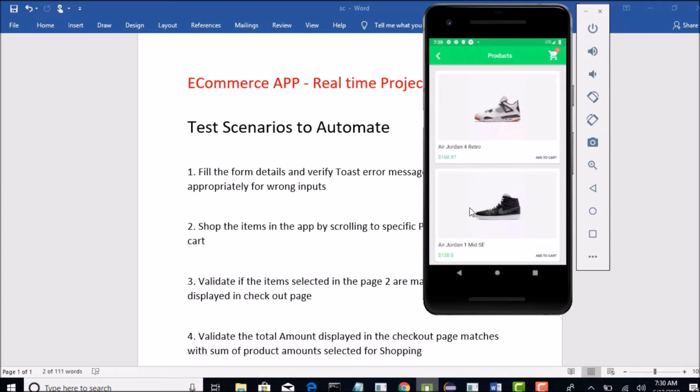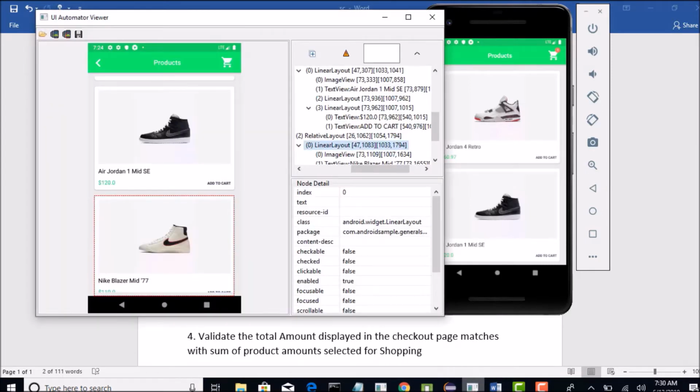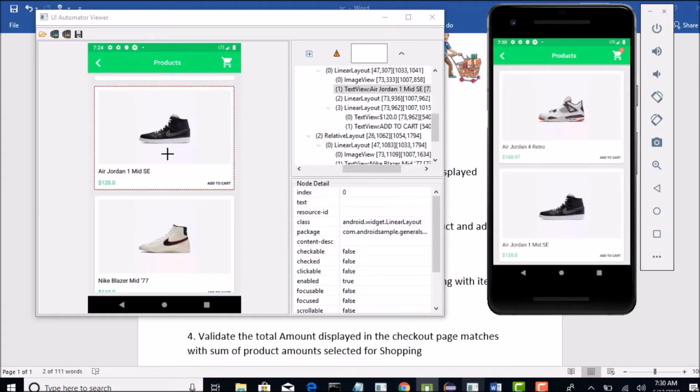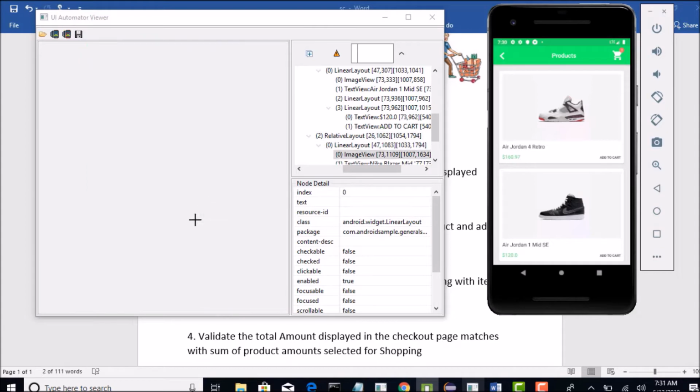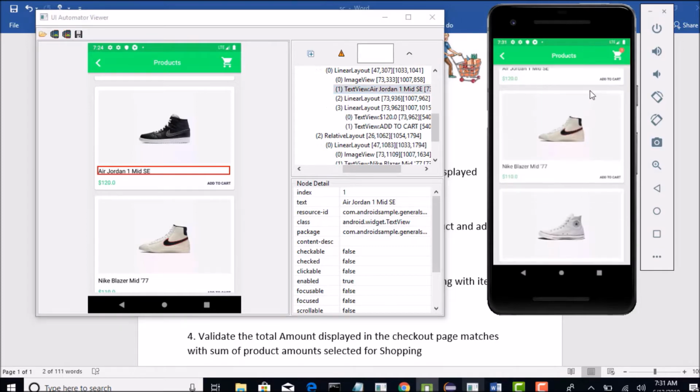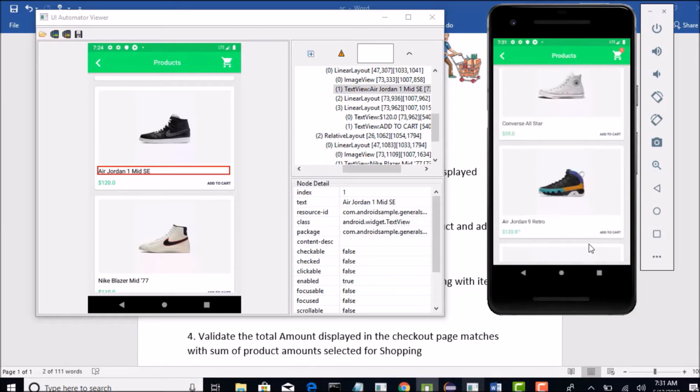First of all, when you land on this page, let me open UI Automator. There are two products already opened in this page, right? Now you want to verify whether Jordan 6 Rings, which is somewhere further down, is present or not.